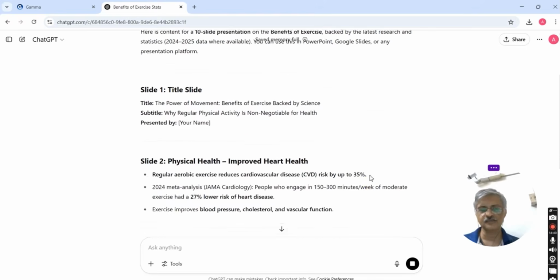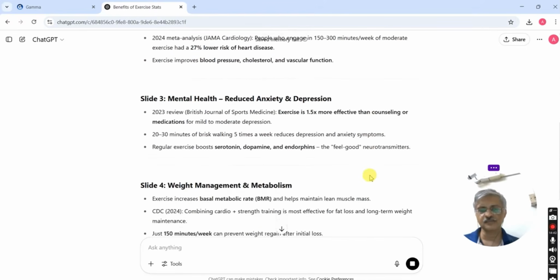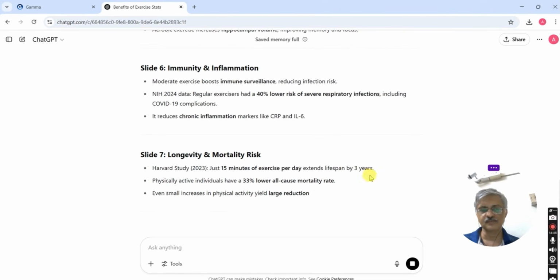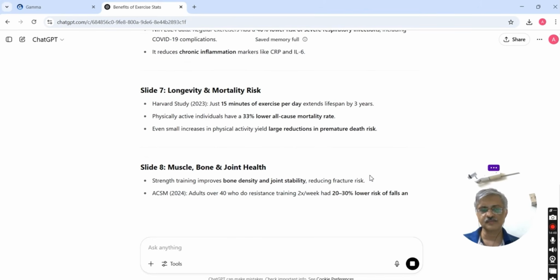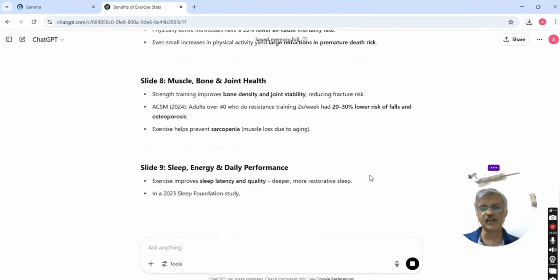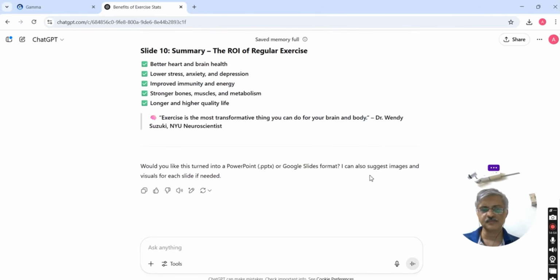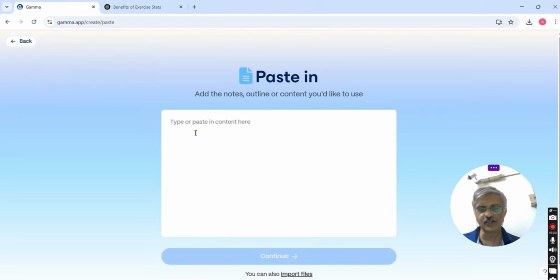You see, it just created the 10 slides. As you see, each slide has got some research. Okay, so now let's copy the content and we'll go to the other tab and we'll paste the content.